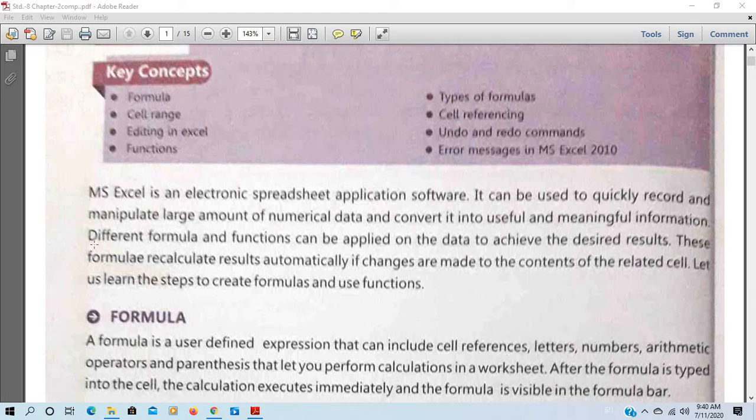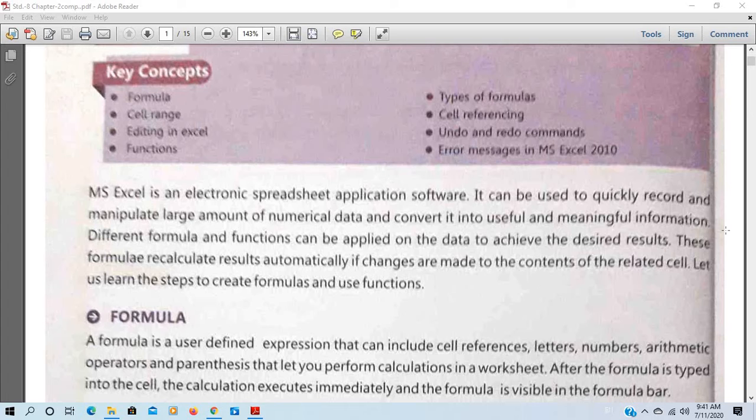Different formula and function can be applied on the data to achieve the desired result. So there are different formulas and applications available in this MS Excel, and we can use those functions and formulas to manipulate our result, to edit our result, to arrange our result, to manage our result.